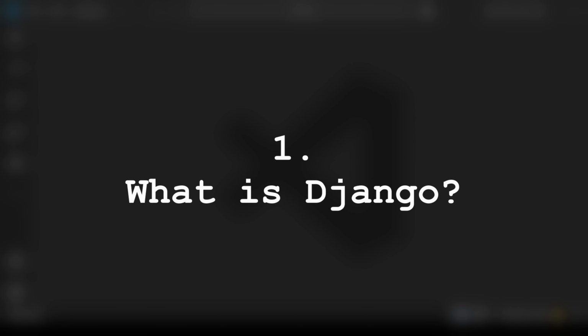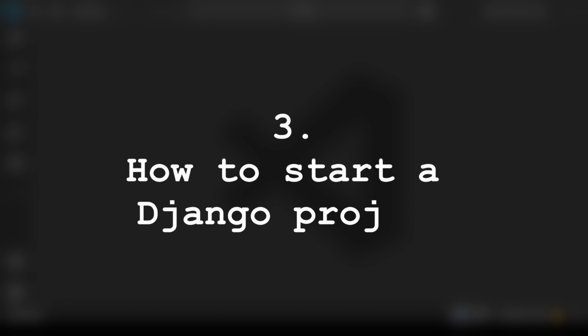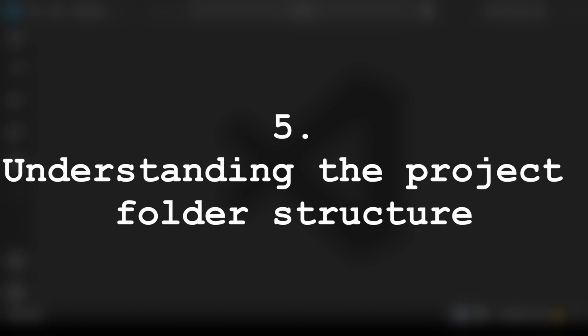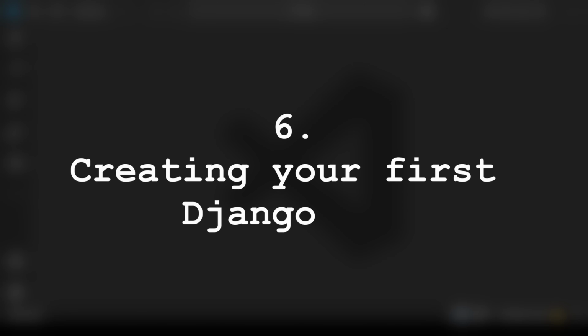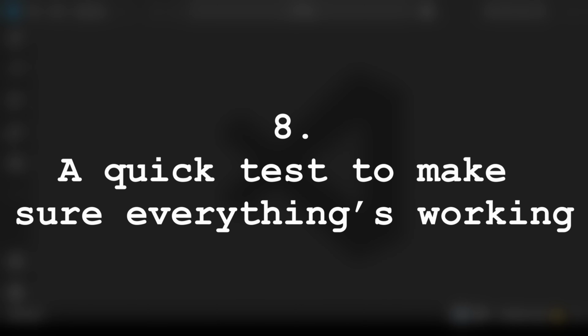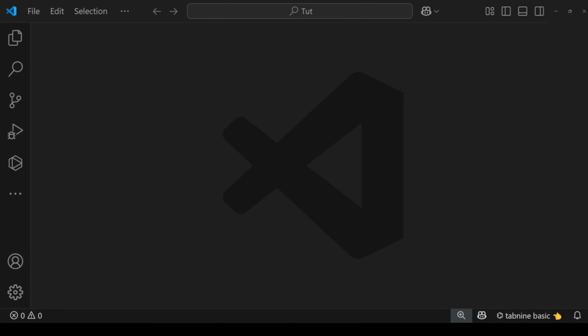What is Django? How to install Django, how to start a Django project, how to run your development server, understanding the project folder structure, creating your first Django app, hooking up your app into your project, and a quick test to make sure everything is working. I'll be using VS Code for this, but feel free to use any IDE or text